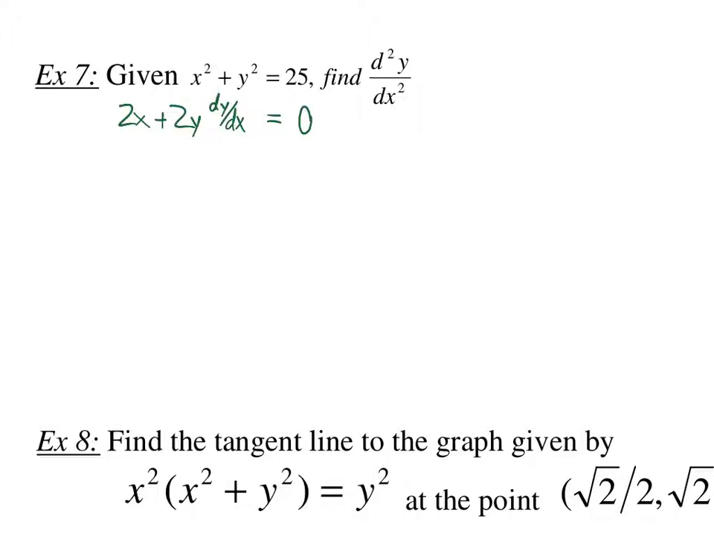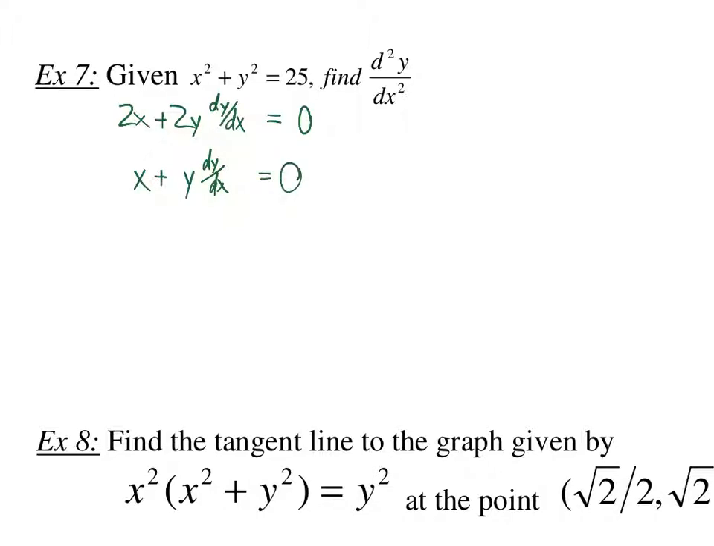Could you have organized it before you started, like y squared equals 25 minus x squared? You can do that. If you do everything correctly, simplifying won't make a difference in the end. Like here, we could divide both sides of the equation by 2. So I'm going to divide everything by 2 and I get x plus y dy dx